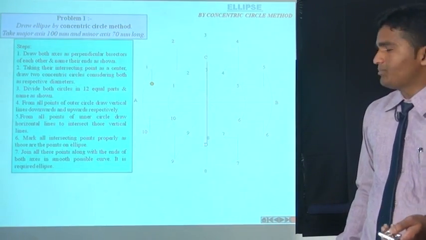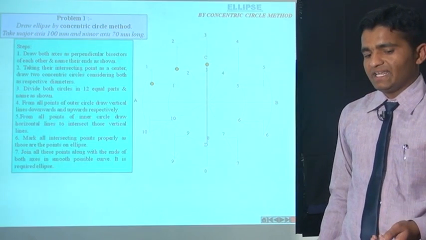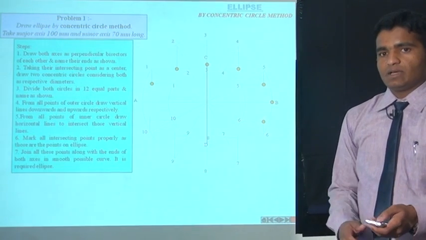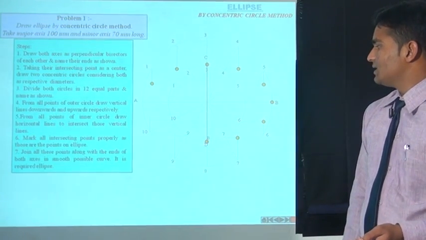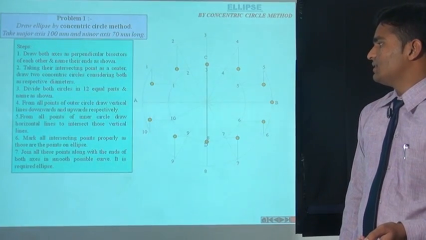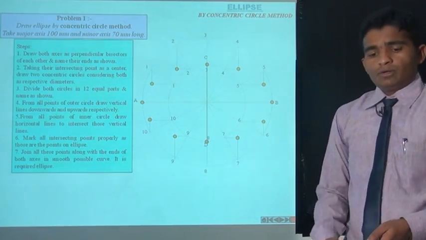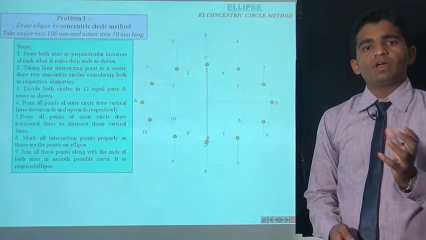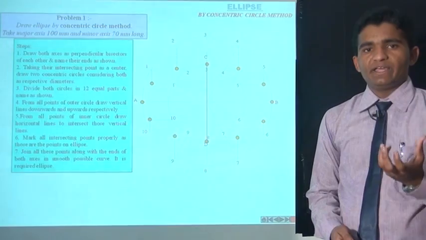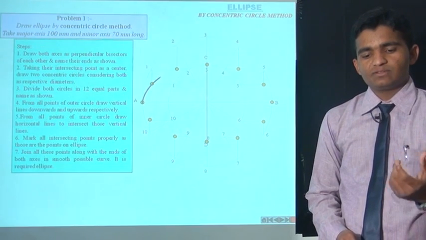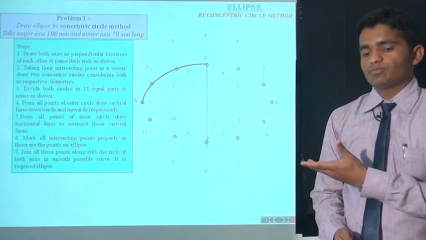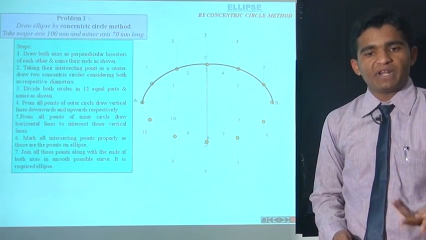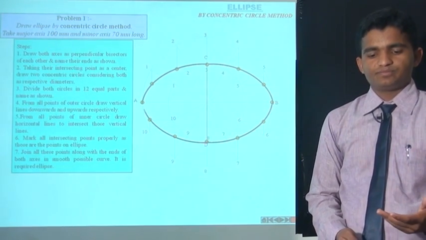Let's do like that. Point 1, P1, P2, P3, P4, P5, PB point, P6, P7, PD, P9 and P10, and last point is PA. By joining all these points by a smooth possible curve, we get the required ellipse. Join all these points by a smooth curve by use of the French curve or by freehand, and we get the required ellipse.